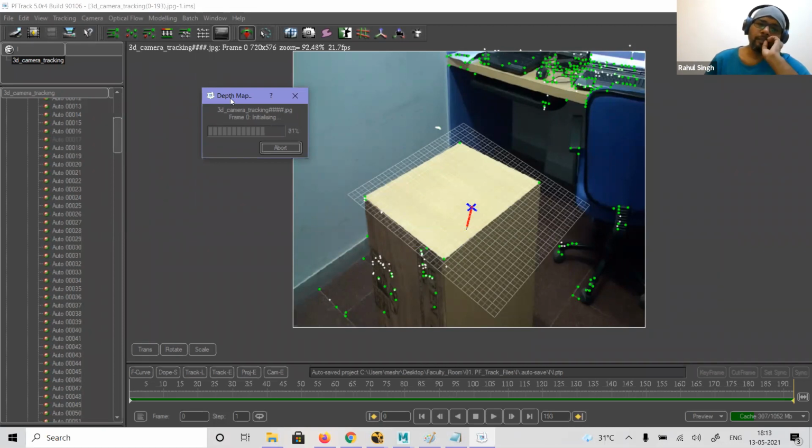Again, depending on the scene, if it is a very landscape scene, a very big ground or an ocean is there, then you can use the depth map. It will show you on the basis of black, white, and gray, like totally gray channels, right? It will take a lot of time to generate the depth map because it will check each and every frame, and then it will generate the depth map.